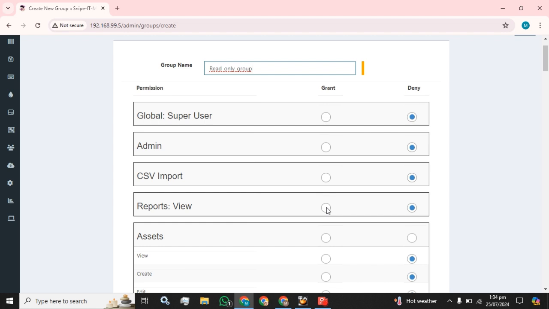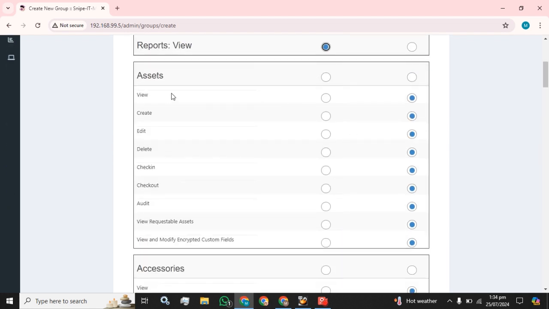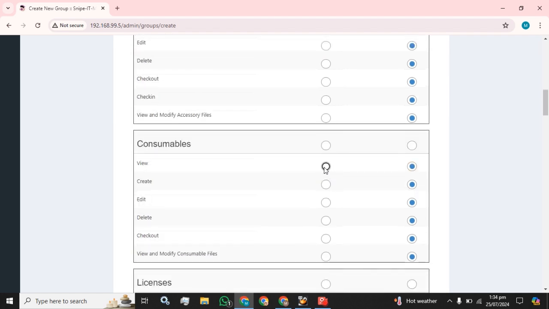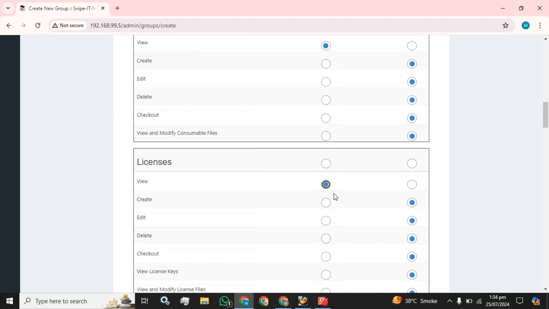I'm going to assign reports view, and I am going to assign that user assets can be viewed by this user, accessories can be viewed by this user, consumables can be viewed by this user.